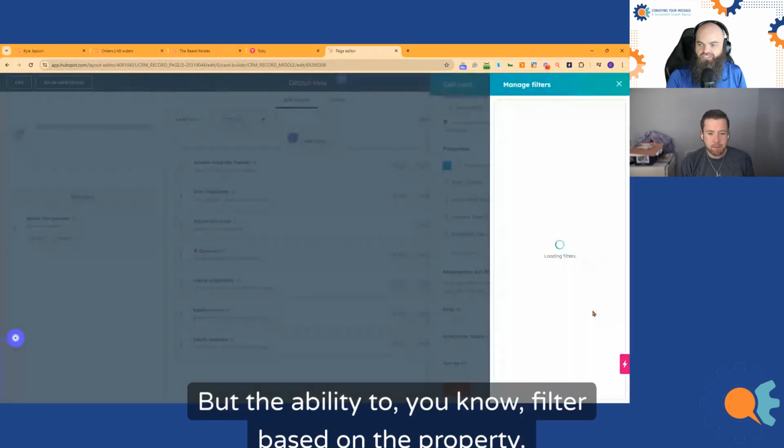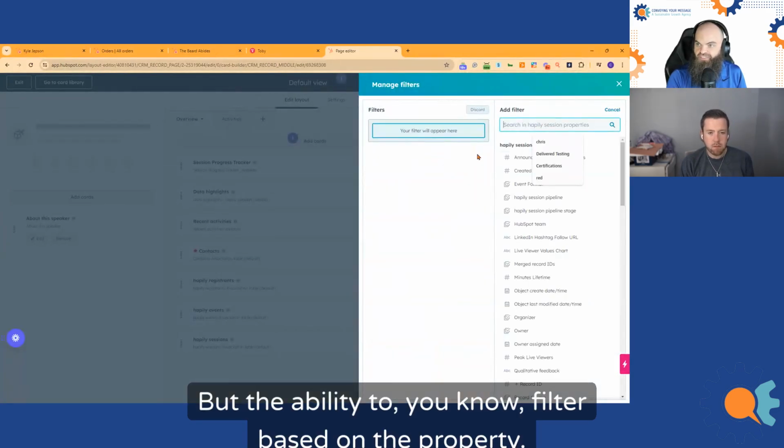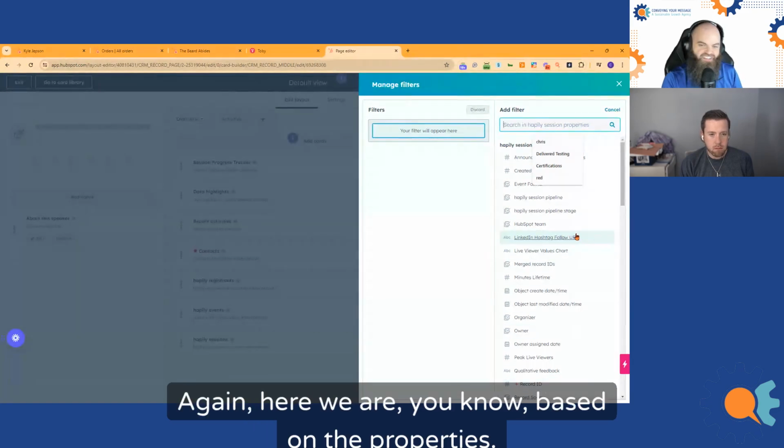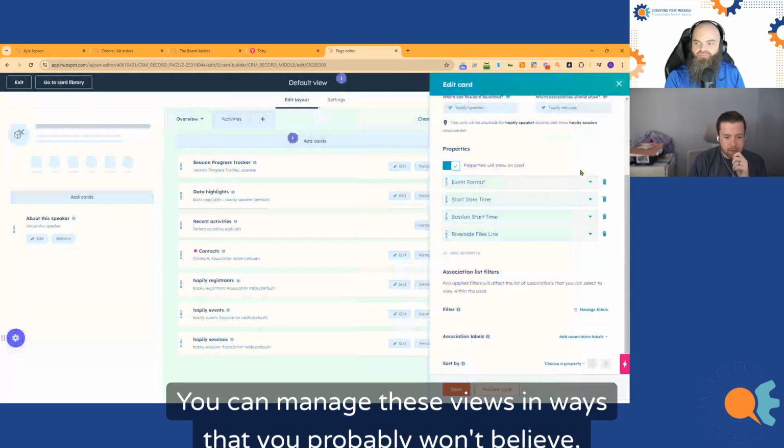You can filter based on the properties, and you can manage these views in ways that you probably won't believe.